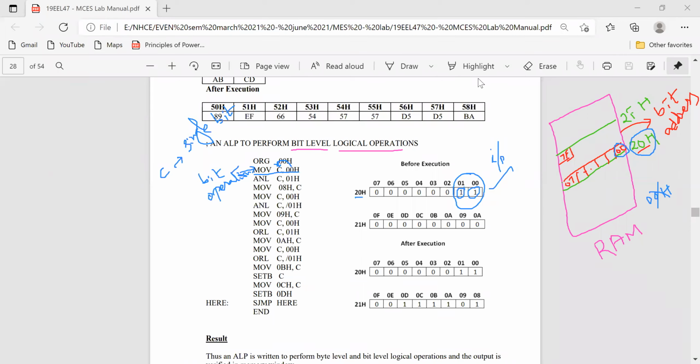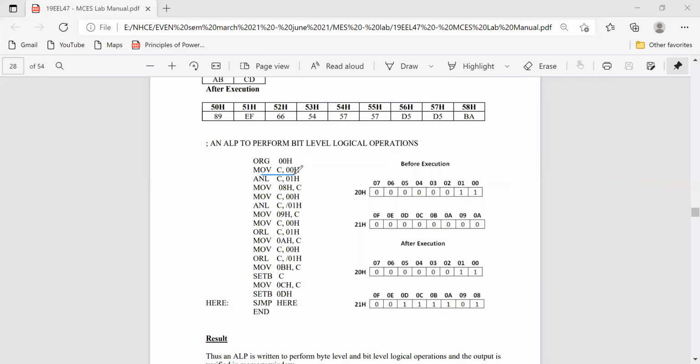Now I'm going to perform an AND operation on these two locations. I'm going to perform the bit level logical AND operation. Whatever data is in 00H is moved to carry. Now carry is 1.